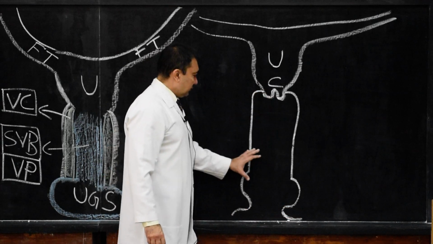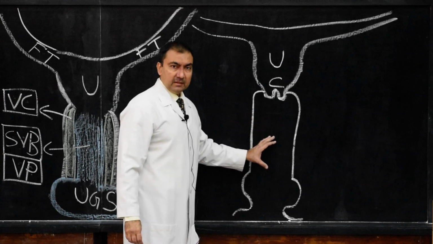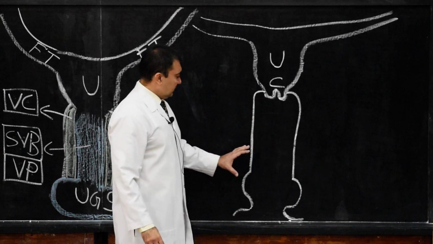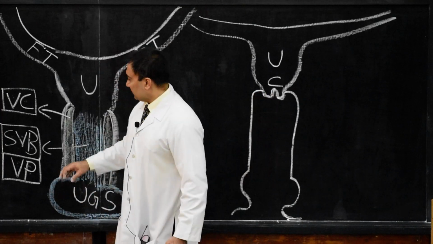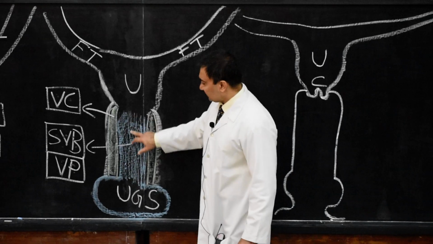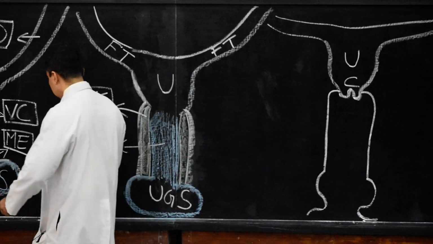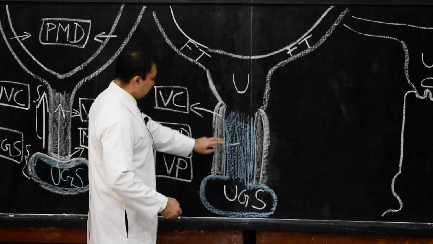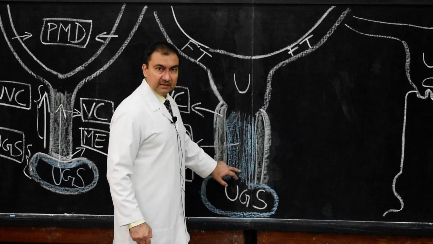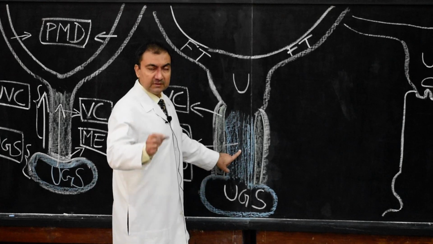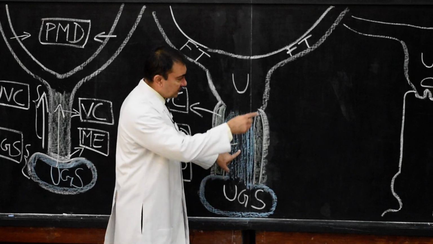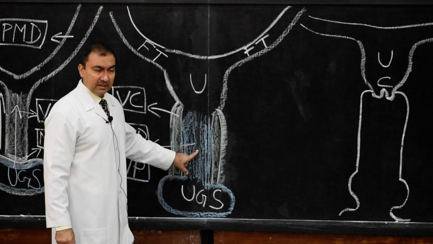Now here we have to fill the development in such a way that, since the central part of the urogenital cells has canalized, if we come on this side, canalization will take place of the sino-vaginal bulbs. Therefore a cavity will develop, and that cavity will be represented as the vagina.